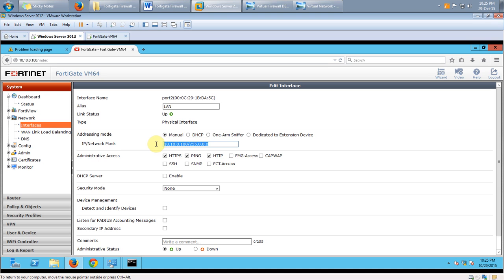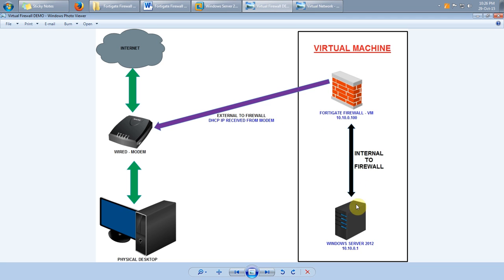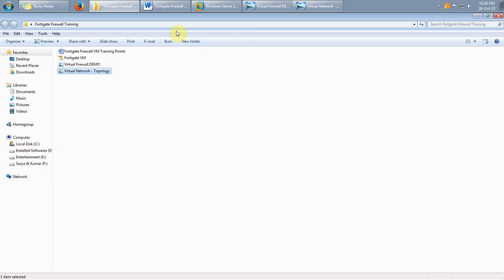Now I have actually given a private IP address in this step. So I am going to use this 10.10.0.1 as an internal to my network. I'll just show the topology. Now my Windows server will connect to 10.10.0.100, which is actually internal to the firewall,